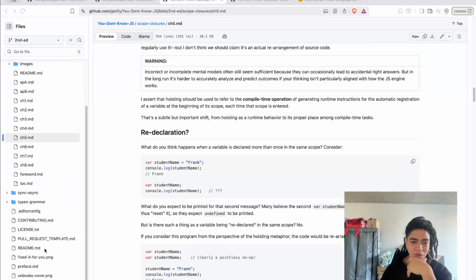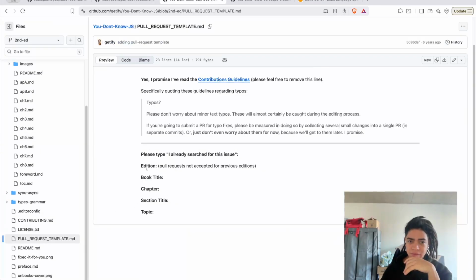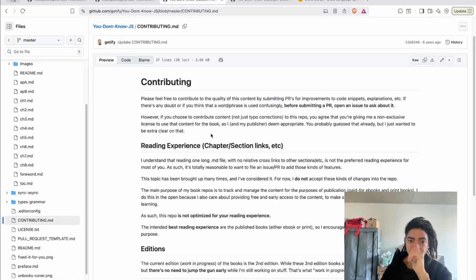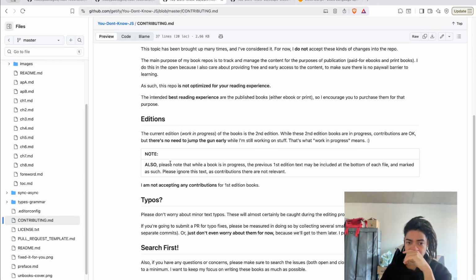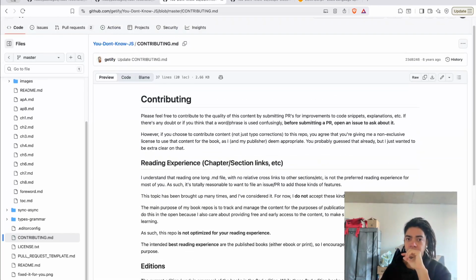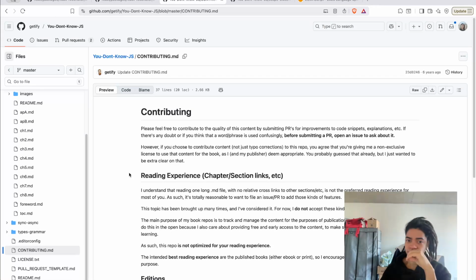So the question is, how can I collaborate here? Pull request template. Before submitting a PR, open an issue to ask about it.